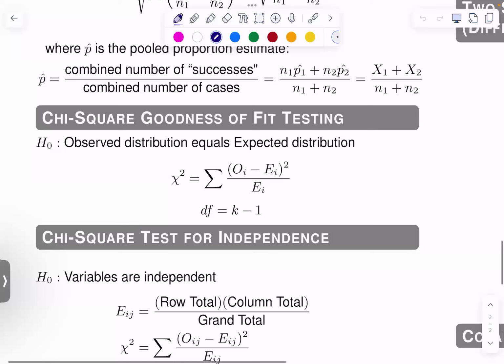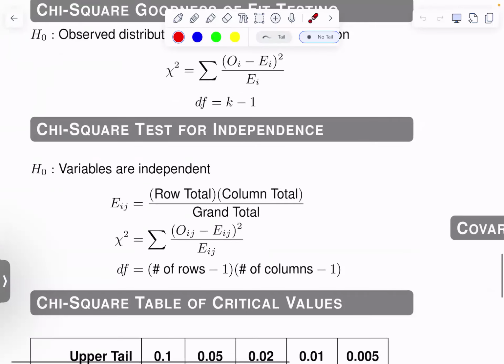Last day we talked about the chi-squared goodness of fit testing, right? We have some idea about the distribution that we're expecting to see, and then how does that compare to what we observed? And then I give you the degrees of freedom. Now the chi-squared test for independence is what we're going to introduce today